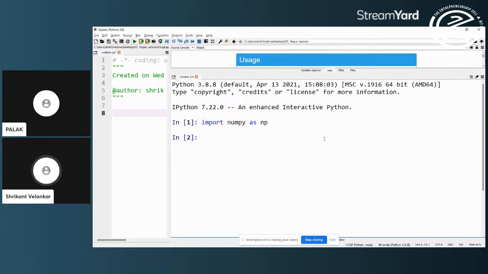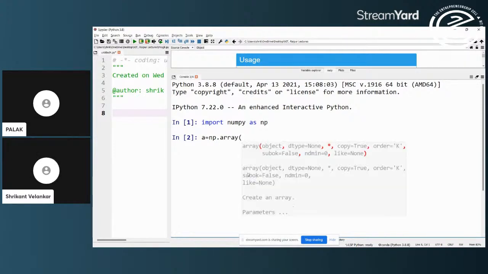Now, how can I create an array in NumPy? What is the method by which I can create an array in NumPy? Let's see. I will say A is created as an array, np.array.